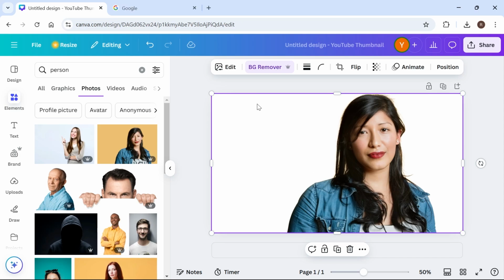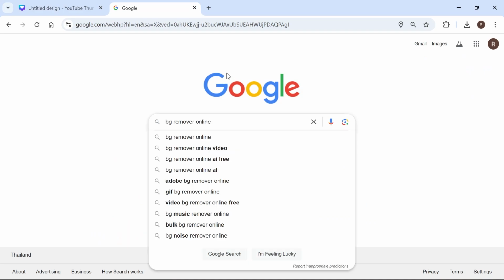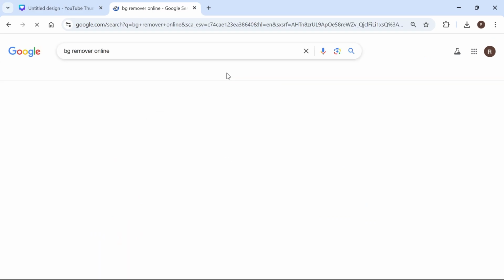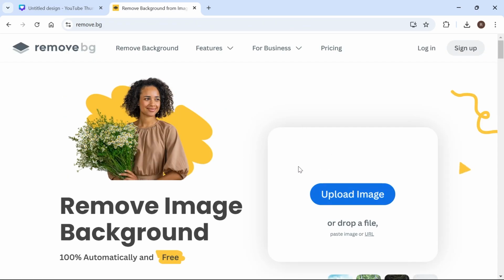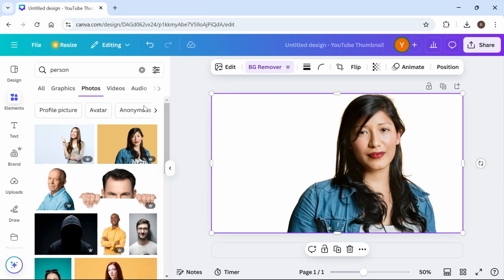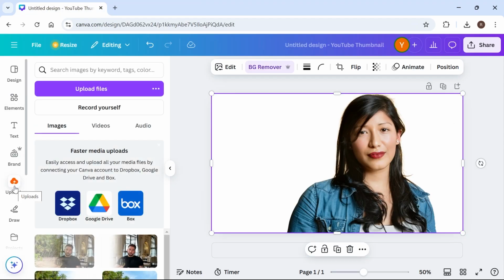Now, if you don't have Canva Pro, it doesn't matter. What you can do is head over to an internet browser and just search for background remover online and click on this website here, which is remove.bg. And then what you can do is just upload your image to this website and it will let you download your image without the background. So once you've done that, just click back on uploads from this left-hand side and go and upload your image